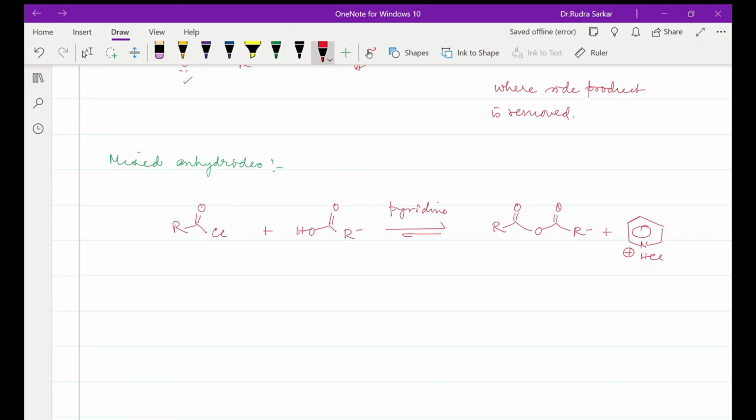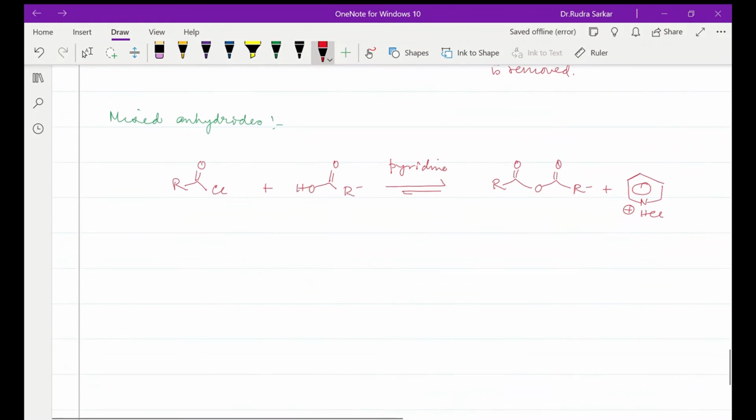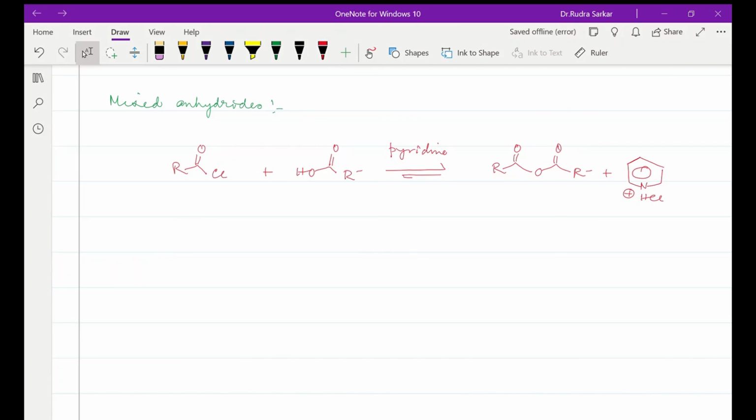Okay, so that is the role of the pyridine out here. Okay, now in the next portion we will